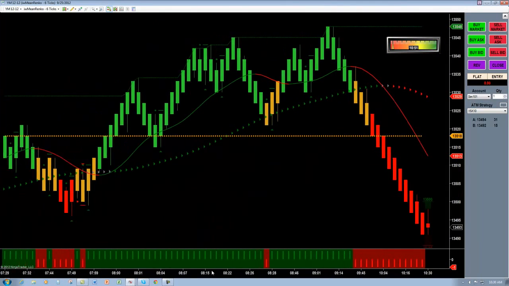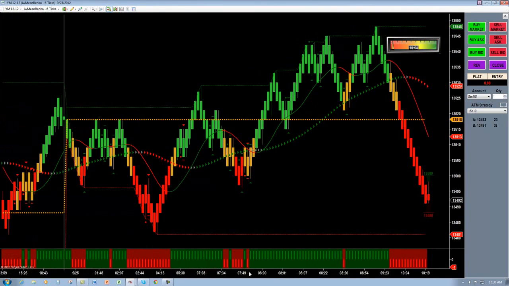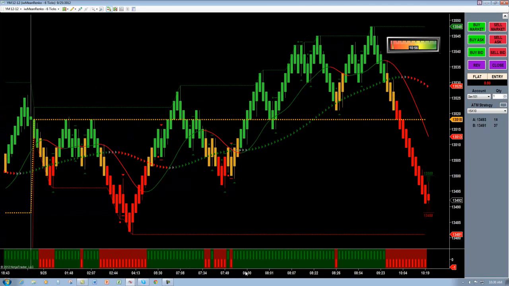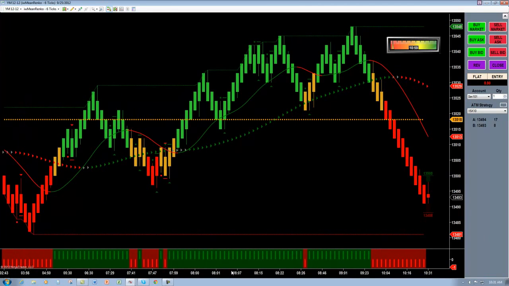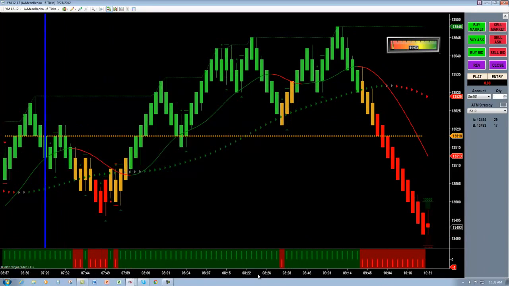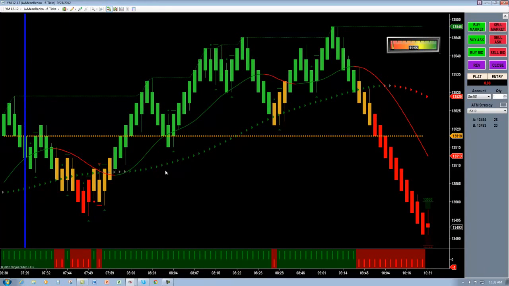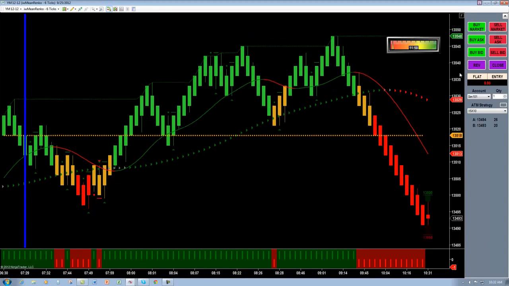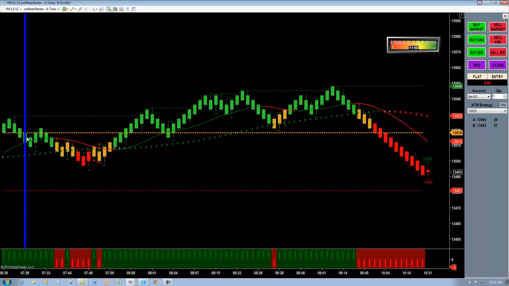Now, another way we can tell that we have a slow moving day is if we look at our mean Renko bars here. We can see that our open here right at about 7:30, and this is the micro scalper, and this is a 6-range bar. Now, even if we stretch this thing out, we make the bars even bigger than what I would normally keep them at, you can see that we have a fair amount of bars. However, usually by 10:30, I like to see at least a screen and a half to 2 screens worth of